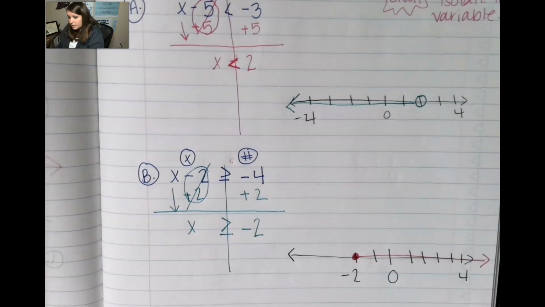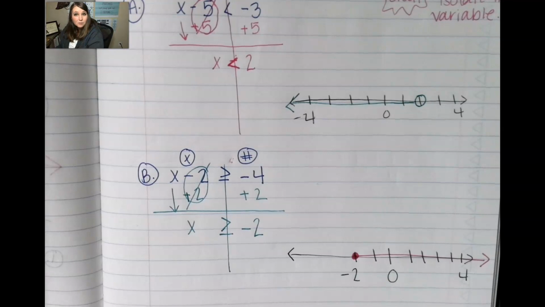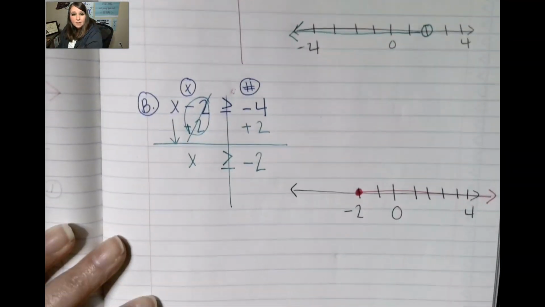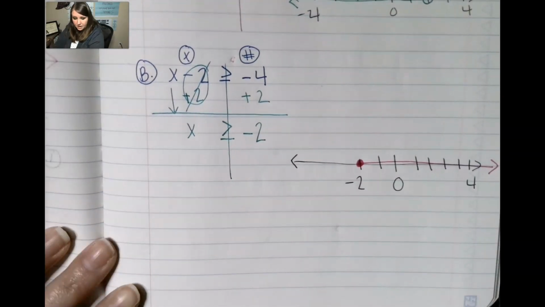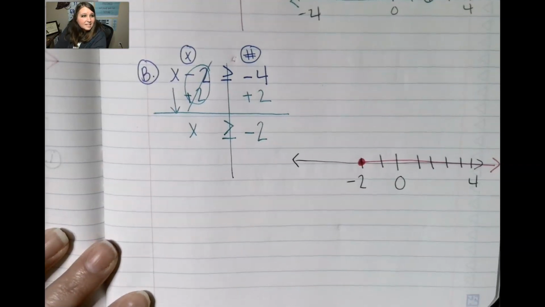So this means that our solution could be -1, it could be 4, it could be 5, it could be 292, could be any of those numbers. We don't know because it's an inequality. All right, our next example